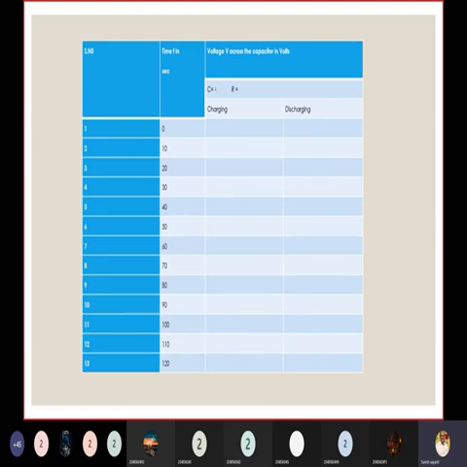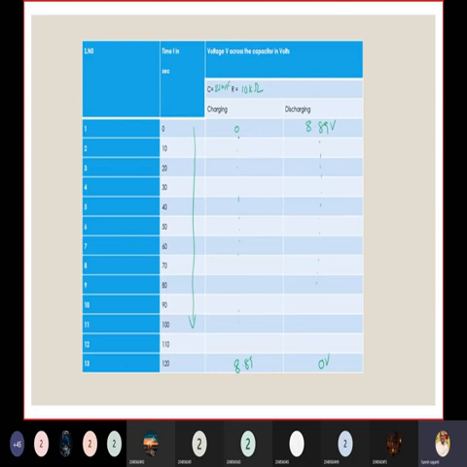What is the capacitor we are using? 2200 microfarads. What is the resistance we are going to use? 10 kilo ohm. We would like to see how the charging is taking place from 0 to so many values. What is the voltage we are using in this circuit? 9 volts. So it is going to go up to about 9 volts, 8.89 or 9 volts. And when you discharge, what is the starting point? 8.89 volts, and it is going to decrease, and finally it is going to reach 0 volts.